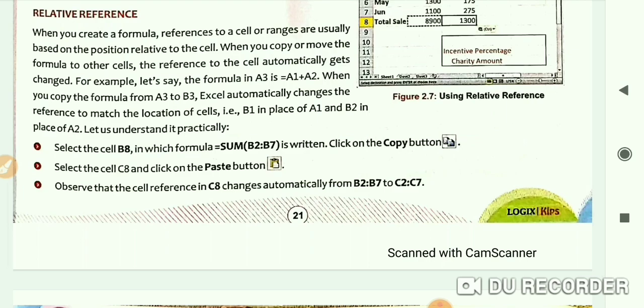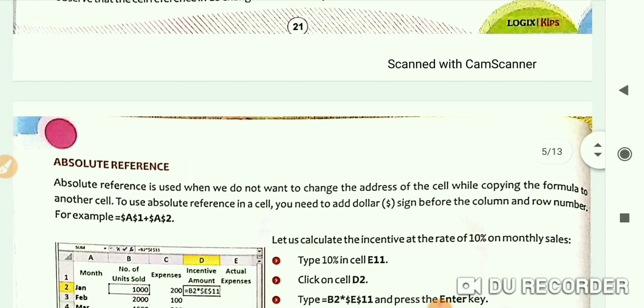For example, let us say the formula is A1 plus A2. When you copy the formula from A3 to B3, Excel automatically changes the references to match the location of the cells, that is B1 in place of A1 and B2 in place of A2. So this is called relative reference.